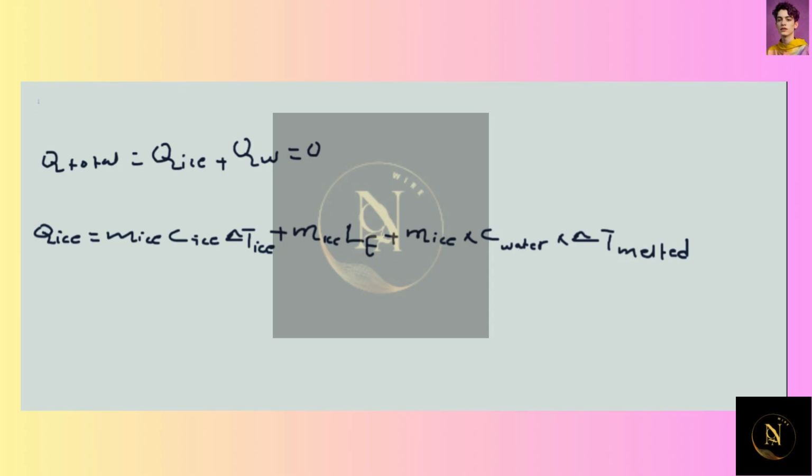So it's important, delta T for melted. All right. Now plugging the values, we get Q for ice